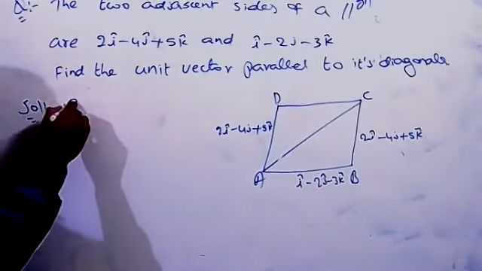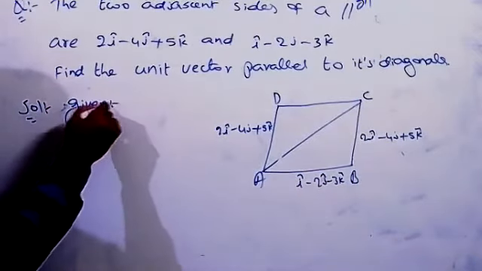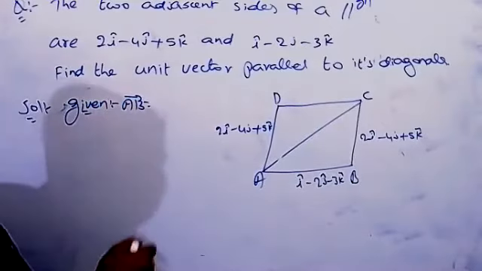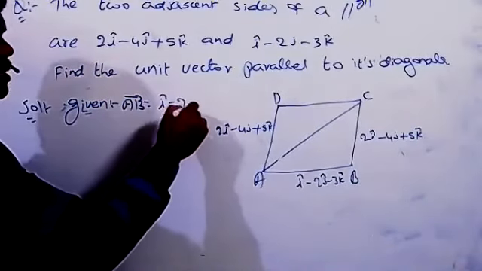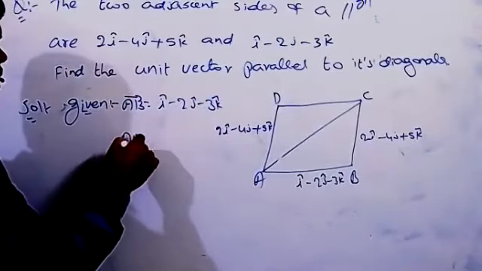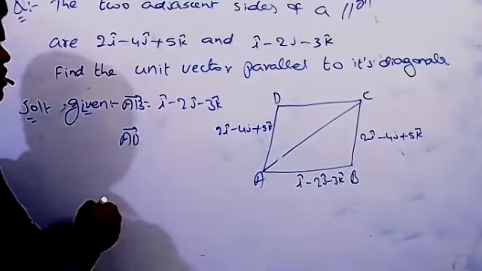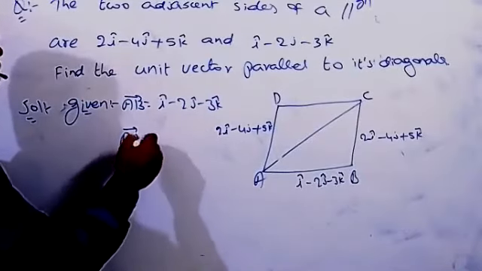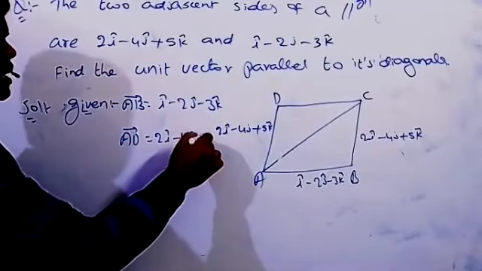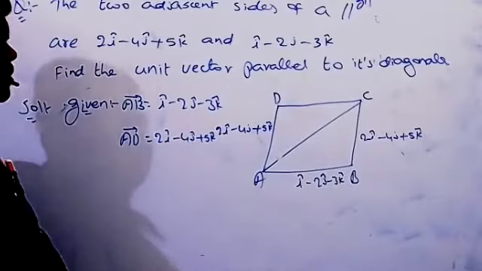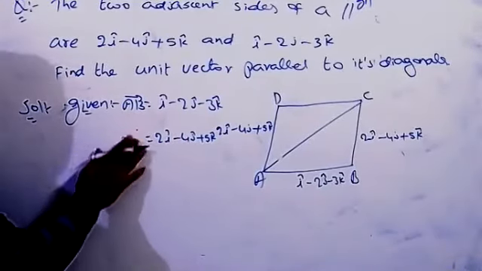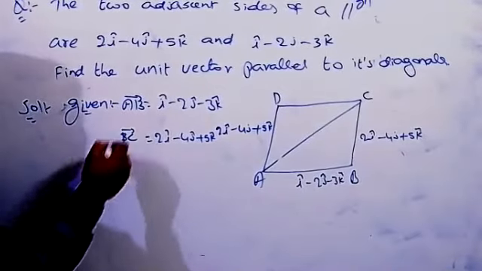What is given here now? The AB vector is equal to i minus 2j minus 3k, and AD, or else BC, you can take AD or BC, anything. Both are the same thing, we can write 2i minus 4j plus 5k. Now clearly, either this is BC, not an issue. The BC direction only we can take.